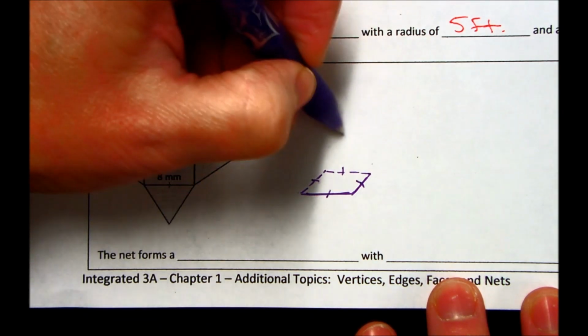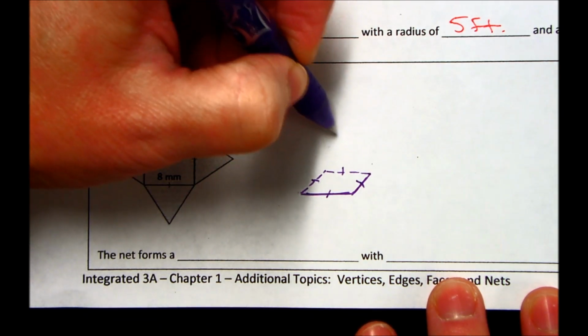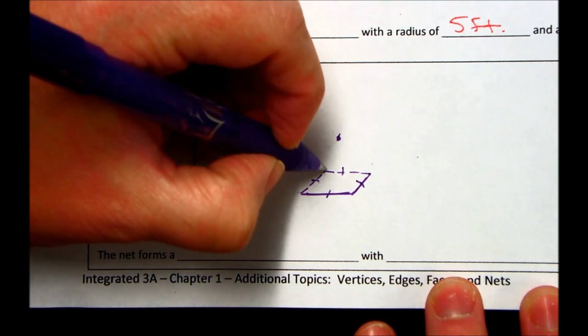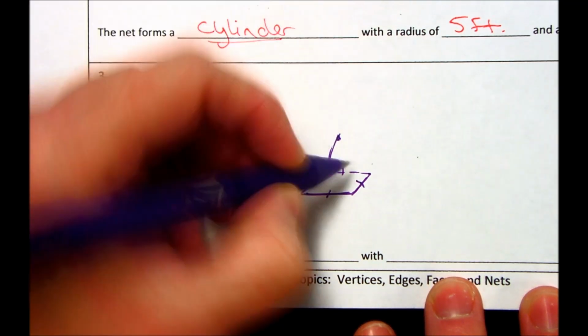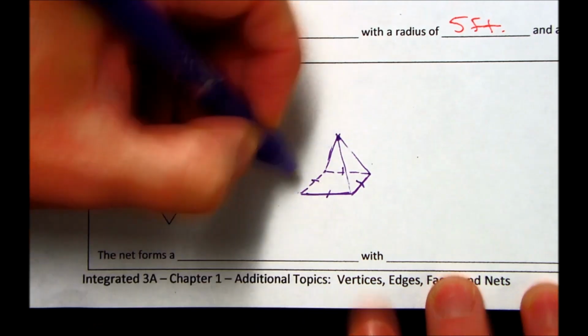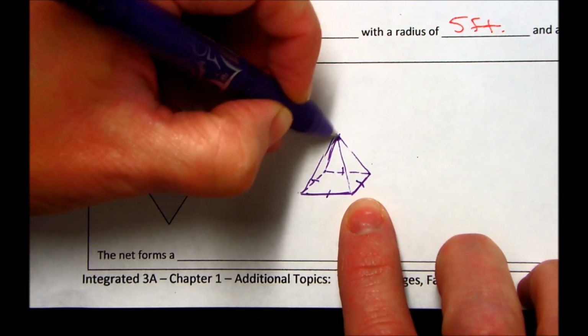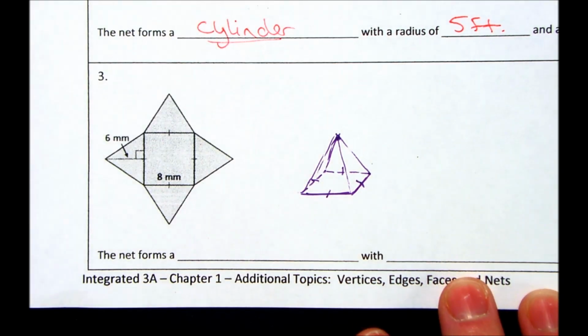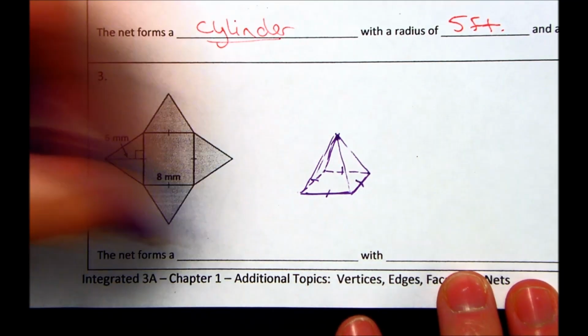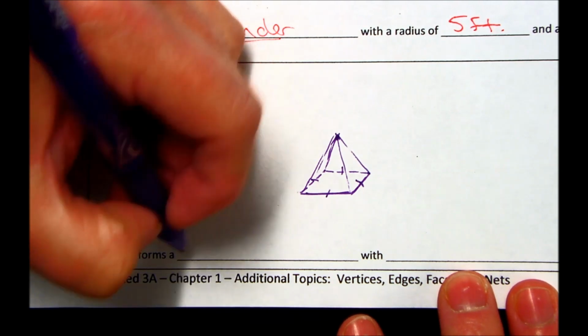Then I'm going to put a point at the top for the tip of my pyramid, and then I'm going to draw the edges of each vertex coming up to that point. So that's not too bad. So that's my three-dimensional pyramid. So this forms a square pyramid